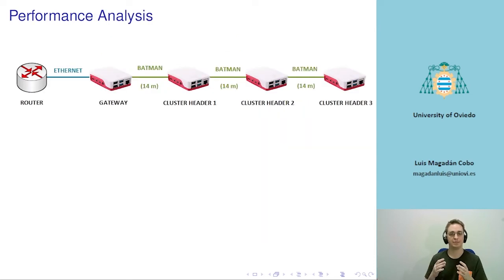After establishing the maximum distance between the devices, an analysis of the network performance was carried out, studying throughput, latency, and also jitter between gateways and cluster headers, according to the number of hubs between them. For this performance analysis, a scenario was developed. This is the one that we saw here,